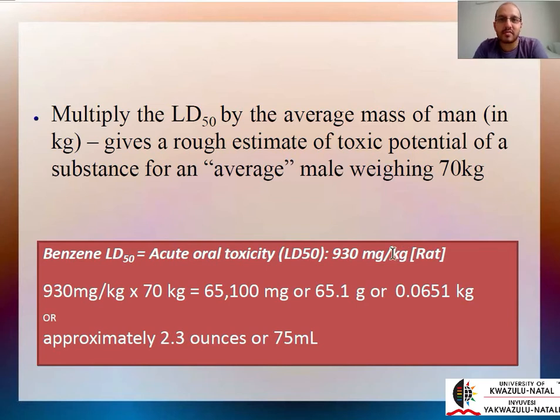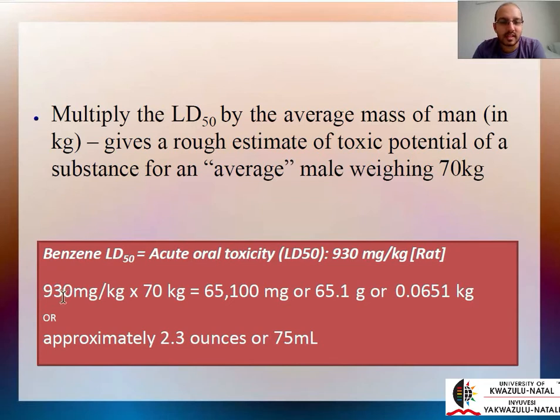Remember that rats are, of course, of different weights as well, so you have to record the weight of the rat and the dosage that the rat has been exposed to, and then that is how you end up with these values. There is a tutorial on toxicology. In your tutorial, there is an example concerning rats and their mass, and you'll have to use that to perform certain calculations. So your benzene LD50 is 930 milligrams per kg, and that's done by testing it on rats. For a 70 kg human adult male,